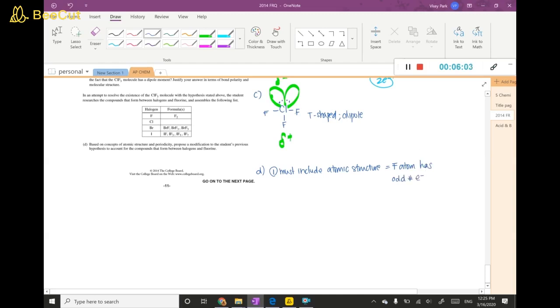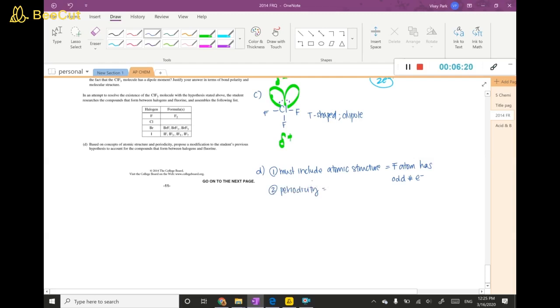And because of the odd number of electrons, because it's not 8, it's 7, we need to create a bond. And in regards to periodicity,